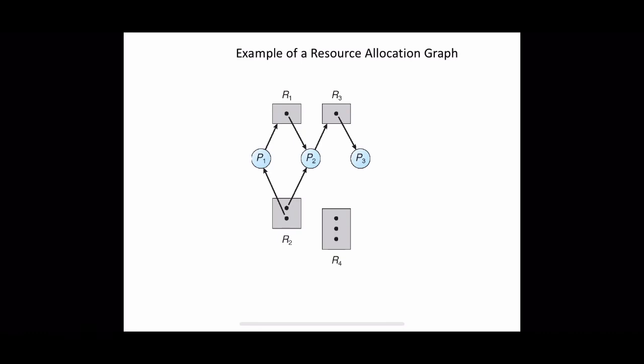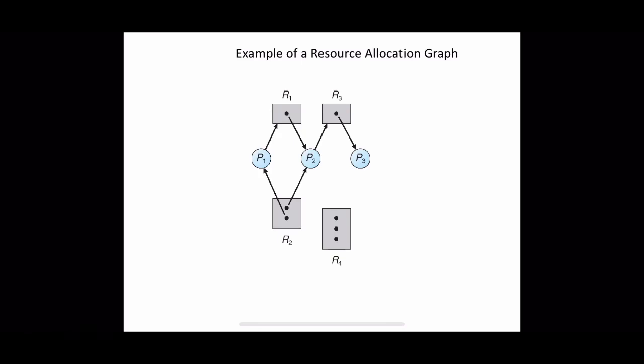Given a resource allocation graph, it can be shown that if the graph contains no cycles, then no process in the system is deadlocked, and if the graph does contain a cycle, then a deadlock may exist. So that is how a resource allocation graph is related to deadlock. And so we conclude that if the graph contains no cycle, there is no deadlock, no doubt at all. But in the second case, if there is some cycle in the graph, there may be some deadlock. We are not sure about that.